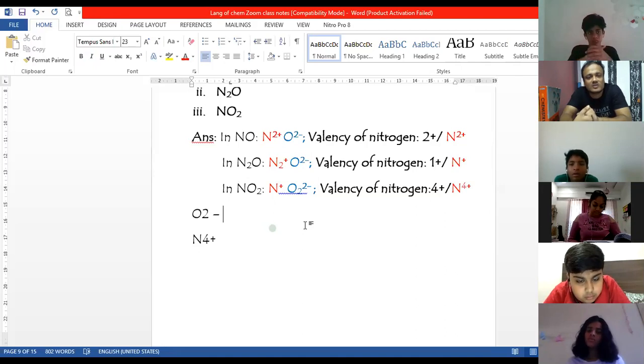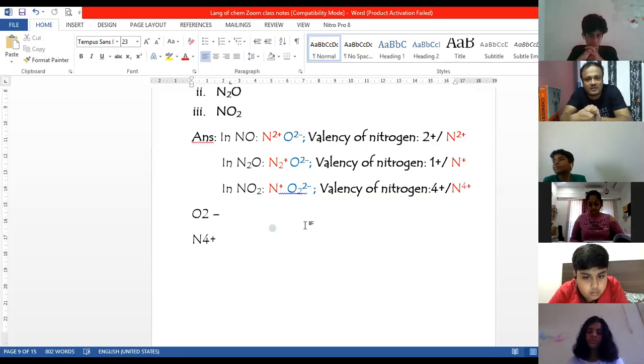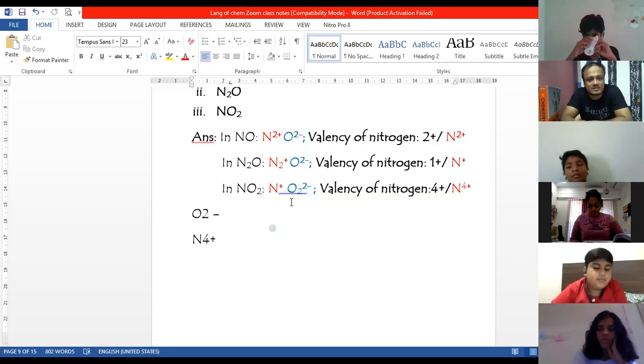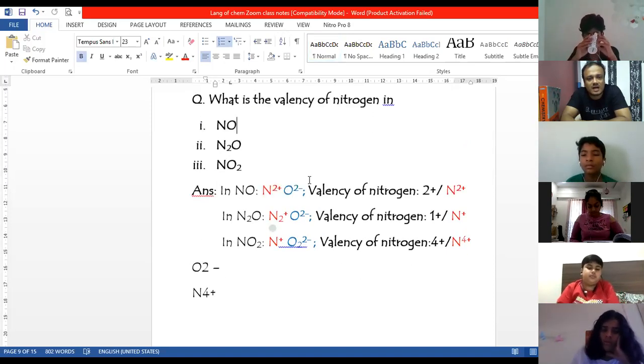Valency of nitrogen is always 3 minus, but when it is combining with a different number of atoms for different compounds, the valency changes. But that doesn't mean that the valency of nitrogen is changing all the time. It just changes depending on the number of atoms of that same element or the number of atoms of the different element with which it is combining. The valency of that particular thing will change. Okay, so this is an important question which you need to know. I hope this is understood.